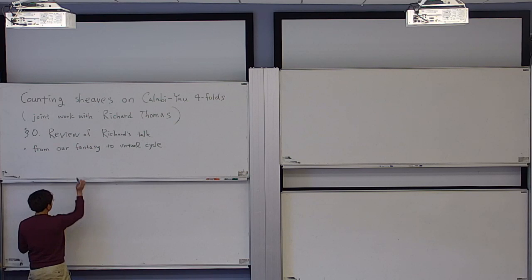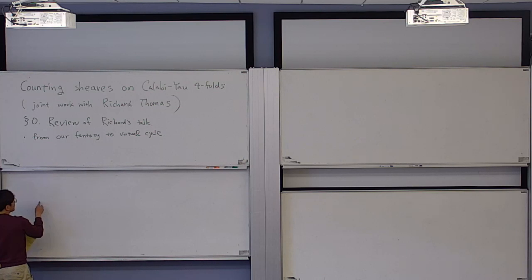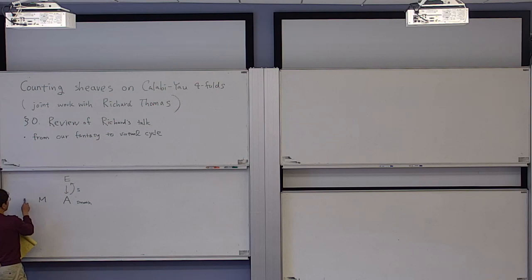So this fantasy is a picture. Actually, we are interested in some ugly space M, but instead of thinking of this, we want to think of a nice smooth space A and a bundle over A and a section, which cuts out M. And from this data, a bundle E and a section,